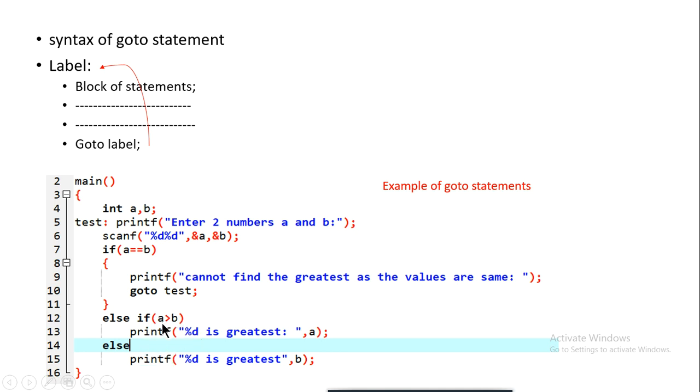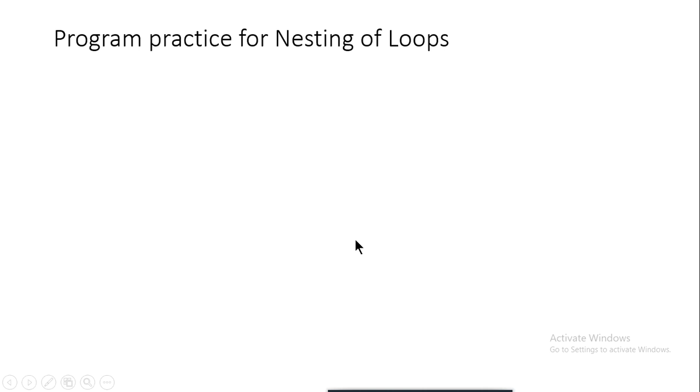So if the values of a and b are 10 and 12, then this condition is also false, and b is printed as the greatest. And if I pass 20 and 10, then this condition hits, and this printf will be executed with a is the greatest. So this is the goto statement. Okay, so these are all the control flow statements. We can continue